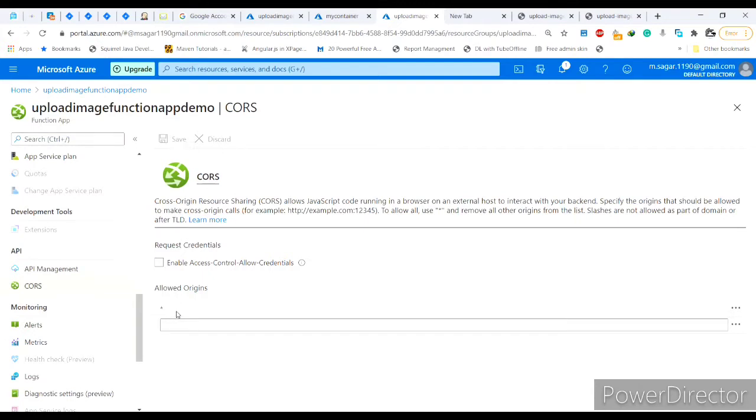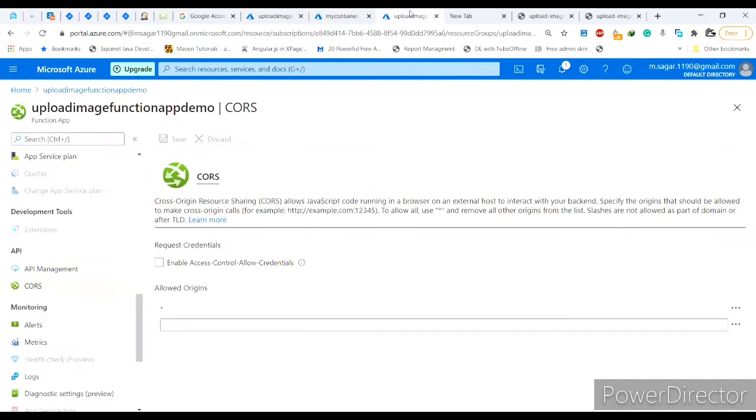I already did it, so I am just leaving it as it is, but you need to configure your CORS configuration. Okay, now everything is done, and one more thing you need to do,